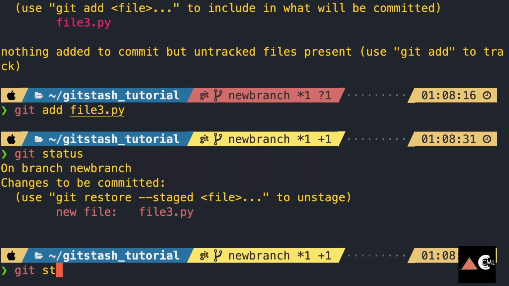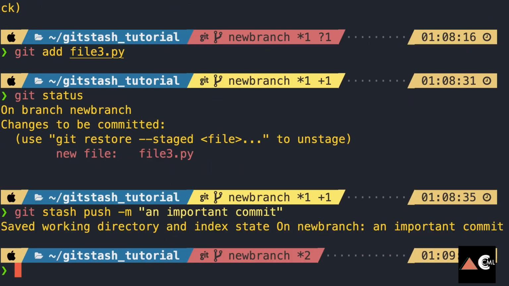So what I can do is I can say git stash push, and this time around I don't need the U flag because it's not an untracked file, it is a tracked file. So I don't need that U flag. But now what I want to do is probably pass this push with a more meaningful message, like what was I working on. So I'll say, I don't know, an important commit, for example,